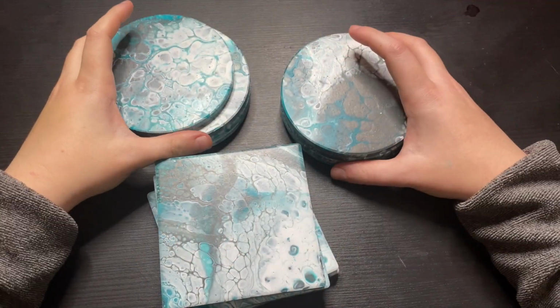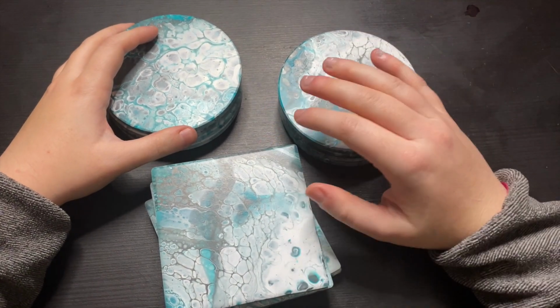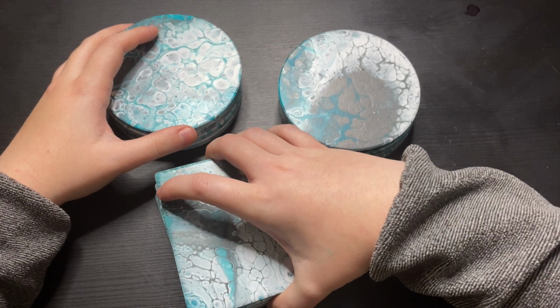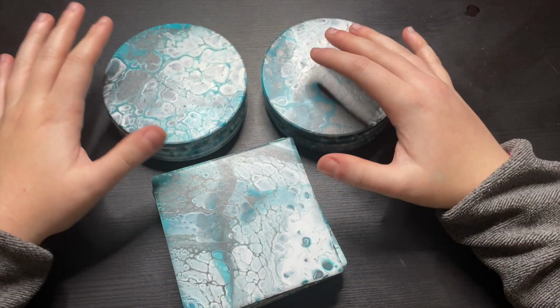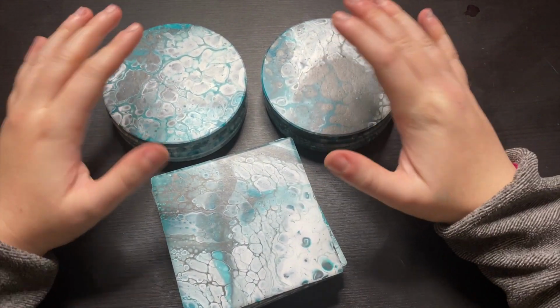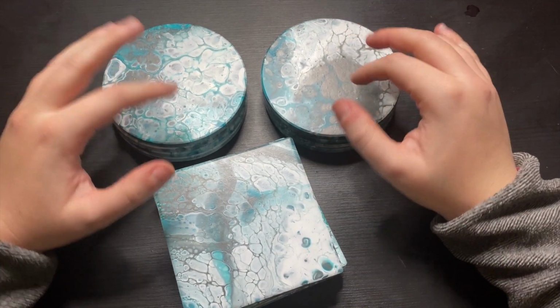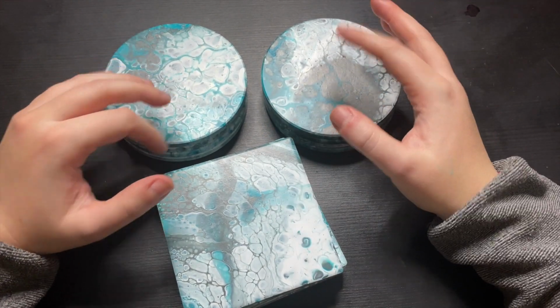So we have the finished dry pieces, not completely finished, we still have to varnish and put the backings on, but I thought I would have a little discussion with you as to the differences that we have here. So I obviously had the same amount of paint in each of these. I filled my little cups up to the brim for all of them, but just altering the amount of each colour, obviously I know that's quite an obvious thing, but also the order that I put them in can have